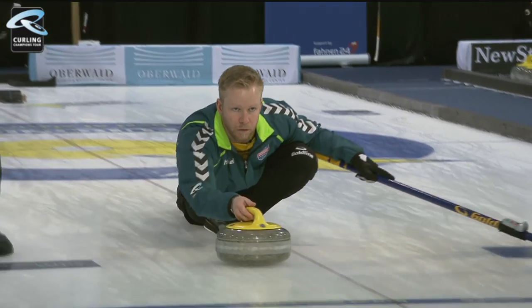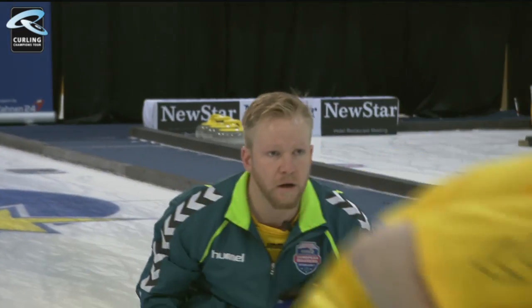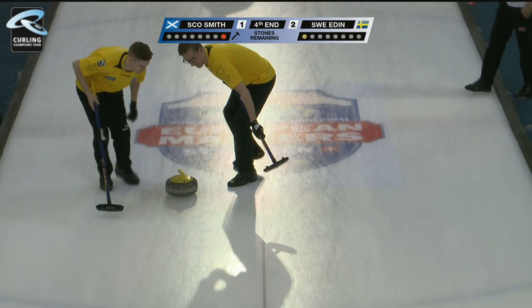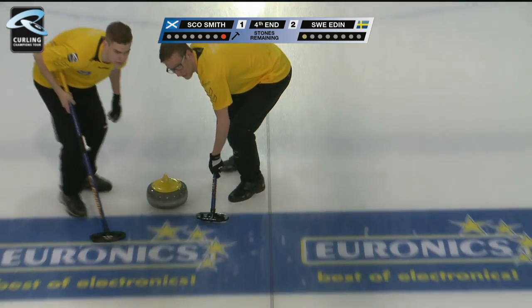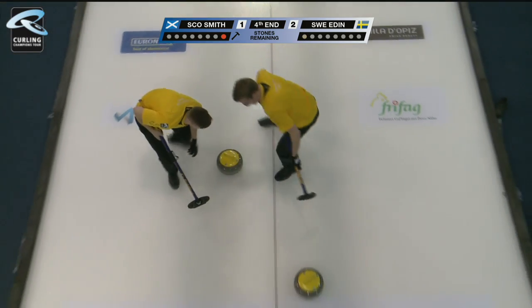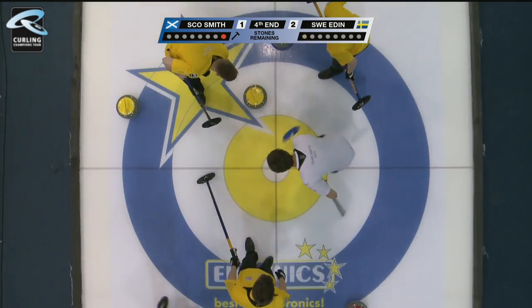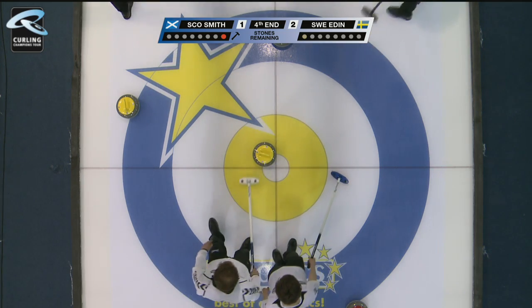Time for Nicholas to put even more pressure on. Wow. Wow, wow, wow. Coming around those 2 stagger stones. He thinks that there's enough curl in the end that he will manage to get around all of it, or at least a big piece of it. You can see the finish on that stone just coming into the house. Makes it tough for Kyle to...